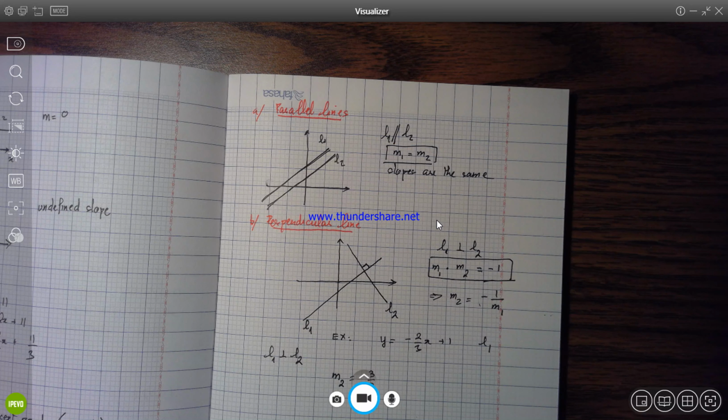Let's see what else. Otherwise, we're gonna stop right here. Basically, that's all the information you need to know in this section